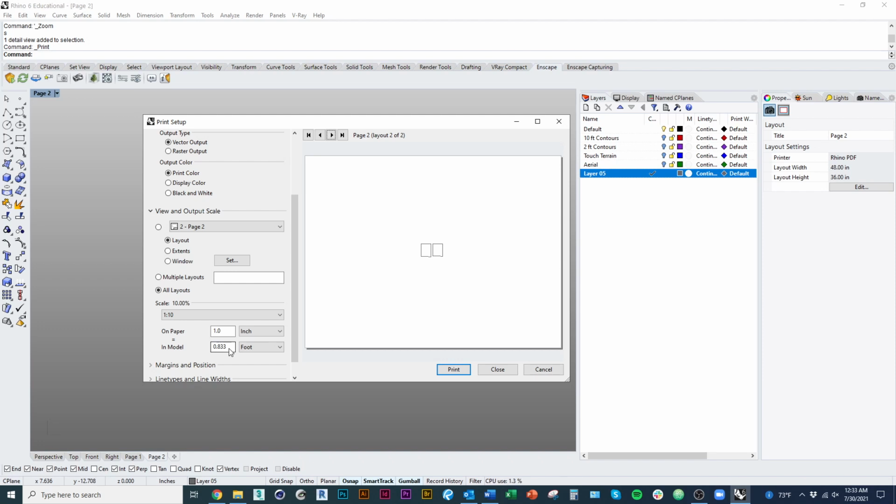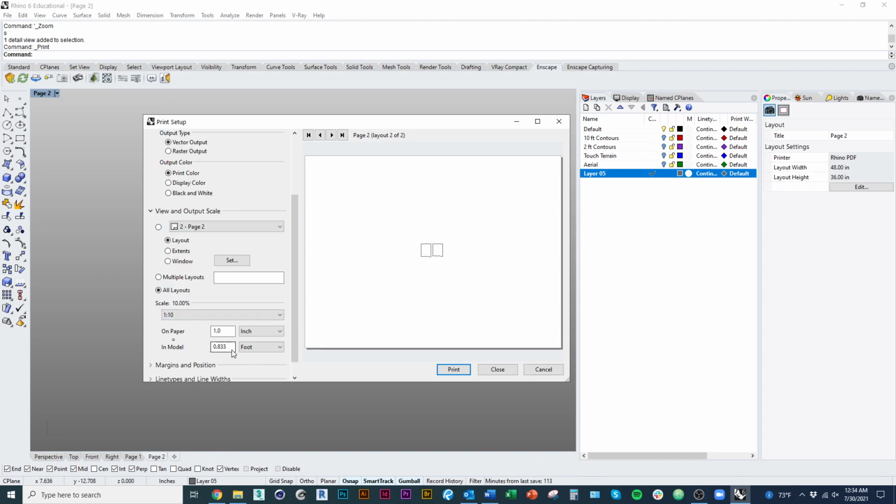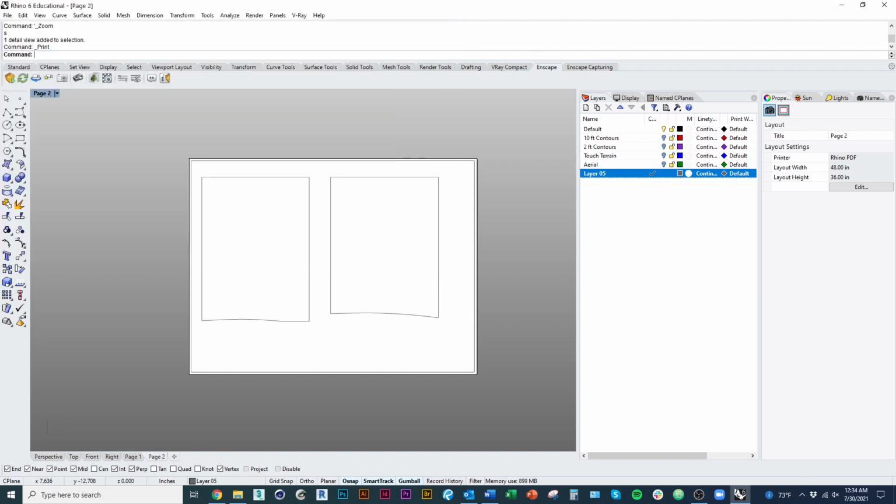And I would change the scale again here to be 1:1. So it should be 12 inches equals 1 foot. So that's each of my pages kind of the same as my layout. And now when I click print and save it somewhere,